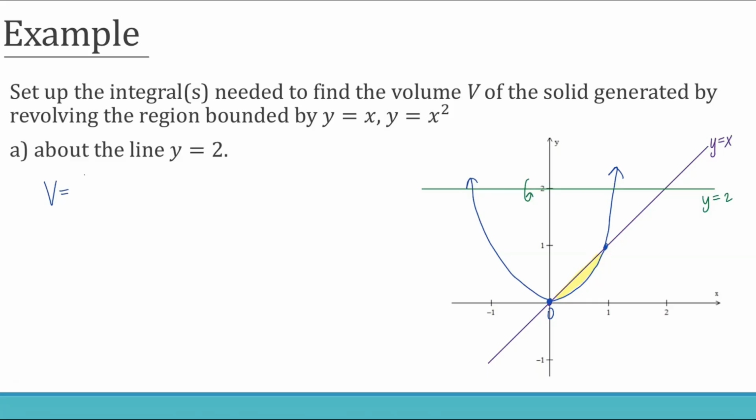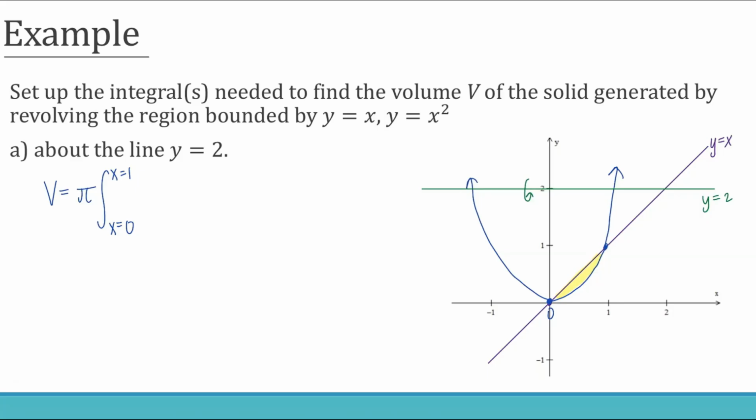We have volume is equal to pi, put the pi in the front, pi times the integral from x equals 0 to x equals 1. Since these washers are going to be stacked vertically, we're going to be integrating everything with respect to x. So we're extending from x equals 0 to x equals 1. And we need that big radius and that little radius so that we could take each one and square them